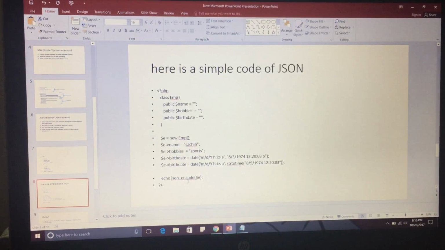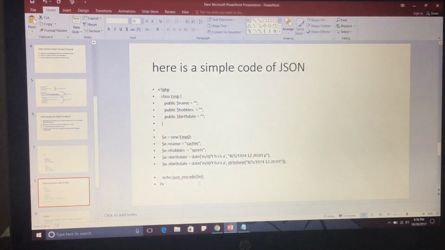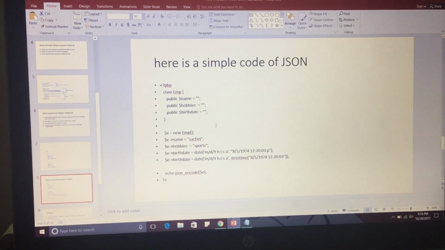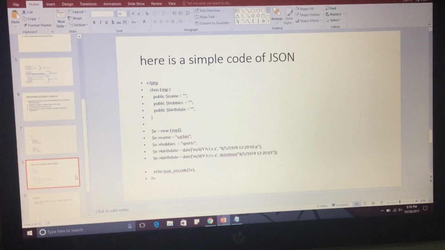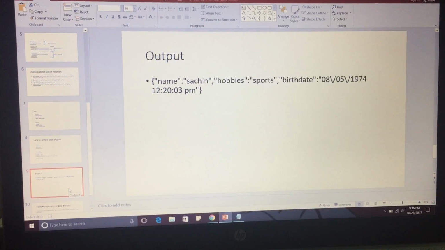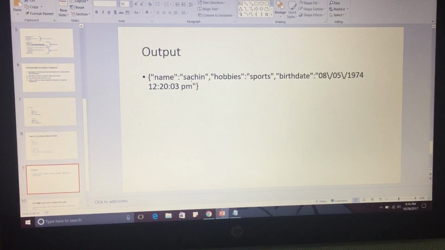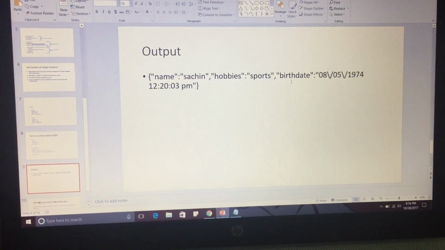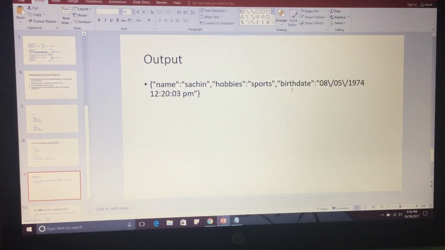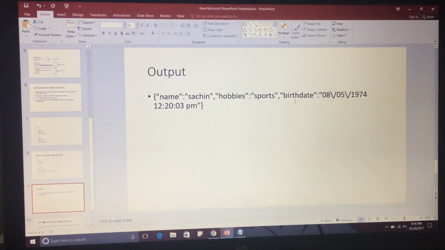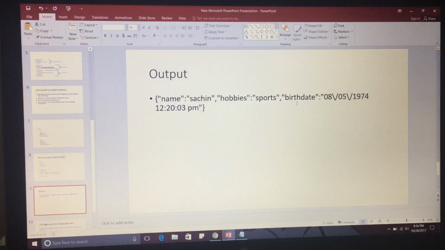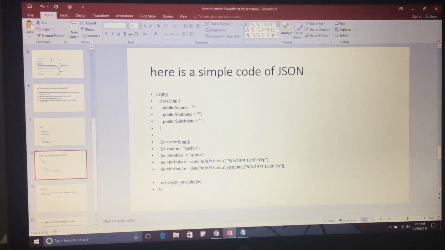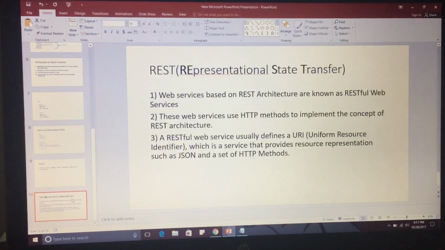Then echo json_encode, which is $e, which will give an output of our code. So here we can see the output, which is name Sachin, hobbies sports, birth date, and a date. So yeah, this is a basic JSON code. Here we used PHP. Then comes REST,